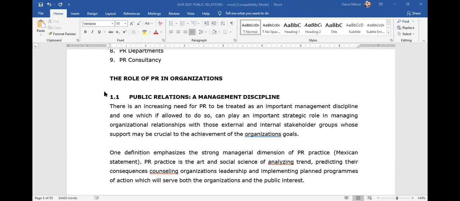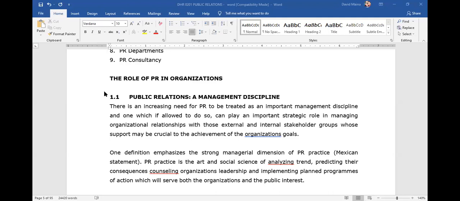If you go to many organizations, you will realize that there is a PR department. Why do we have a PR department? It is to handle the public, for example the media people. In case of anything in your organization, the first people to get there is the media. Media is classified as a public. If you mistreat them, they will want to know what happened. Who will be the person in charge of speaking to the media people? It's the public relations practitioner.